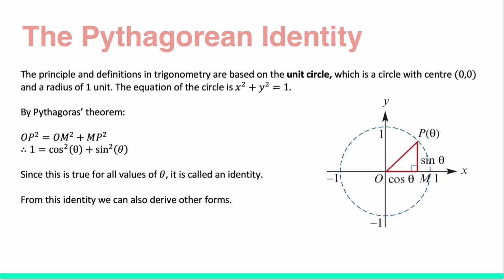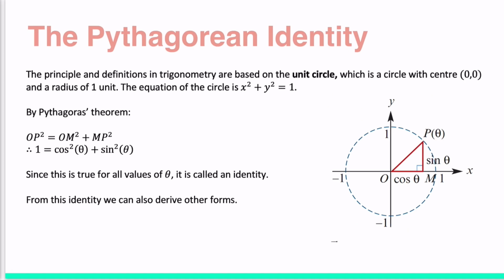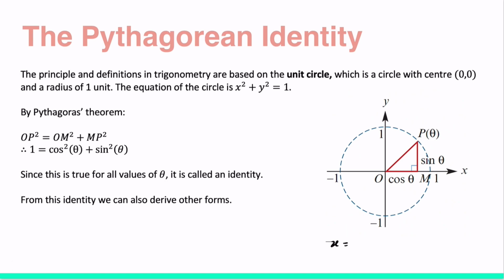You would have also discovered that your x value is equal to cos theta, and your y value is always sine theta. So if I have a specific point here, x and y, that is the same as saying that is cos theta and sine theta. So what we now want to do is figure out what the relationship is between cos and sine. Now I can simply sub in cos theta and sine theta into this equation of the circle,